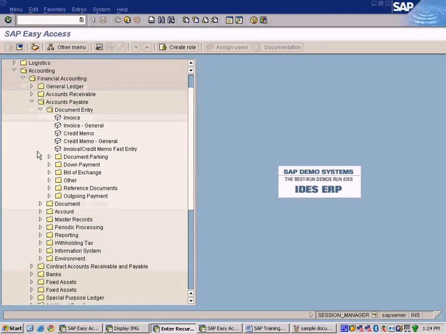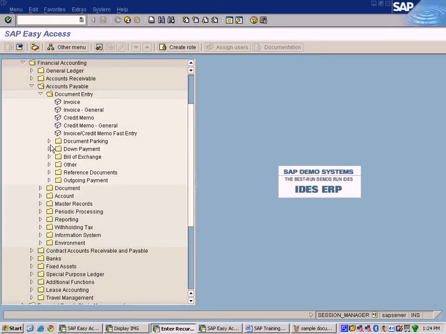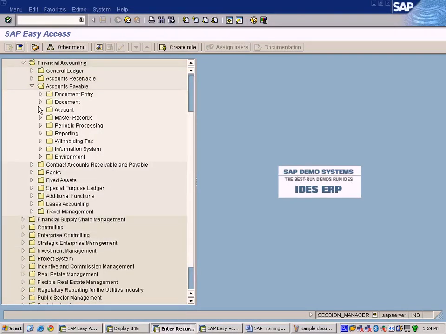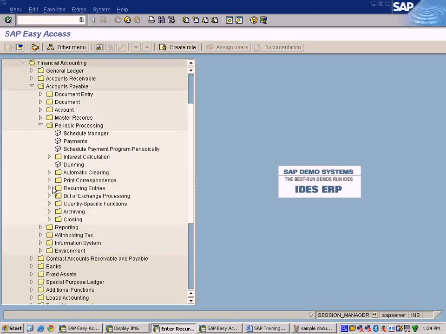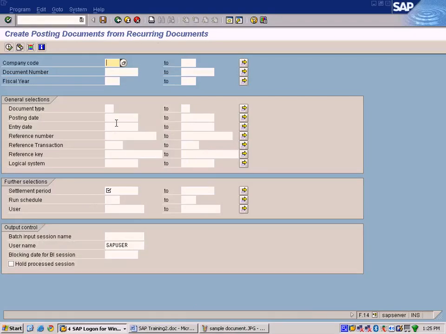Coming in financial accounting, accounts payable, document entry, reference document, not document entry. Sorry, not here. Periodic processing and recurring entries. Okay, financial accounting, accounts payable, periodic processing, recurring entries, execute. Okay, now let me just choose this. Just put Sun company code and the document number is